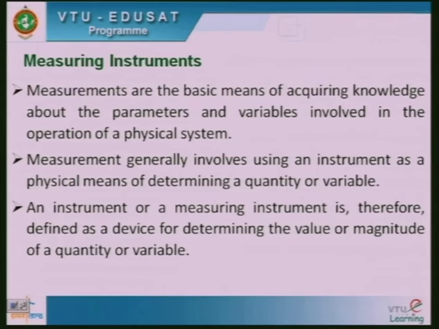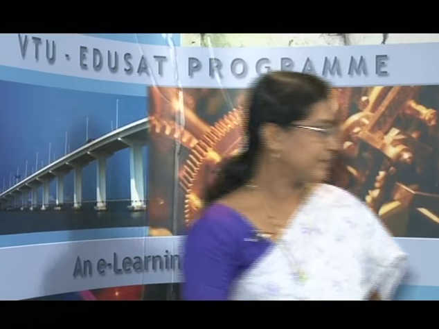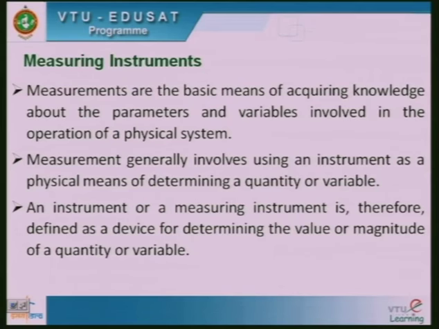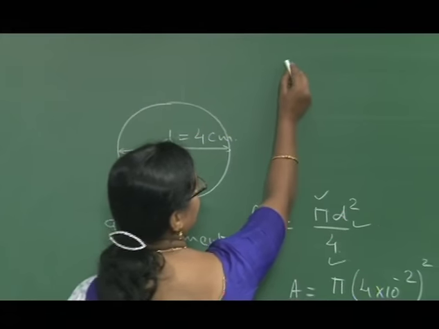Here you are going to consider three parameters: the quantity you are going to measure, then the unit, and then the device you are going to use. So, this is the basic of these measuring instruments. Since we are studying electrical measuring instruments, what are the electrical quantities you think to measure? Whenever we think about electrical quantities, first we think about